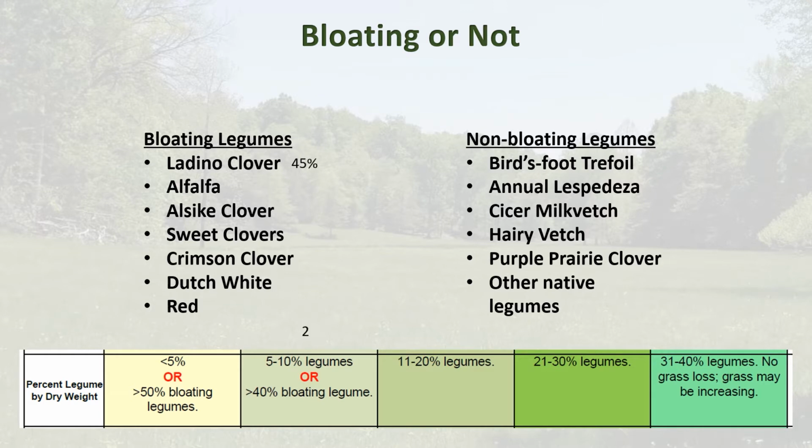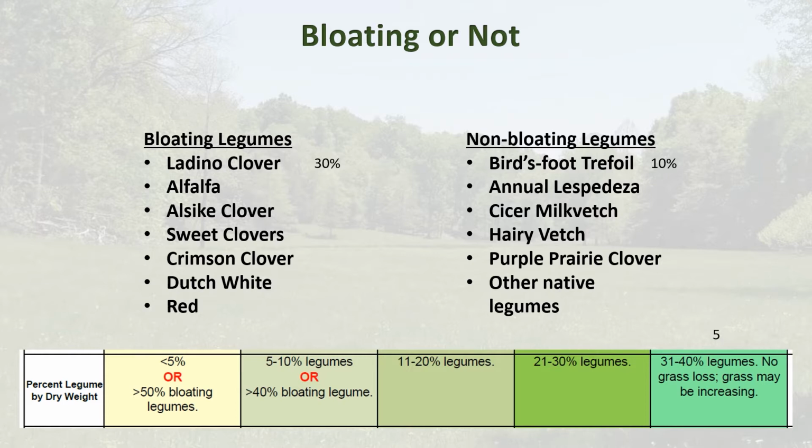Let's look at some examples. If a grazer has a stand with over 40% ladino clover, and that being a bloating legume, it would be scored a 2. This could happen frequently, even with combinations of red and white clovers, which are both bloating legumes. Now, if the percent legume, bloating or not, is under 41%, then it is scored as a 5, being 31